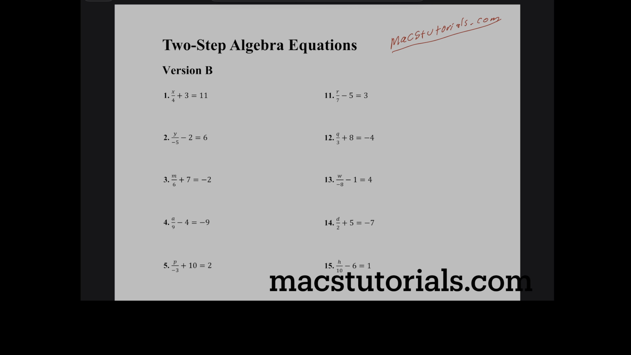Well, hello, everybody. This is Mac here, and we're going to talk about two-step equations, version B. These are very similar to version A, except we're going to solve using multiplication instead of division like we